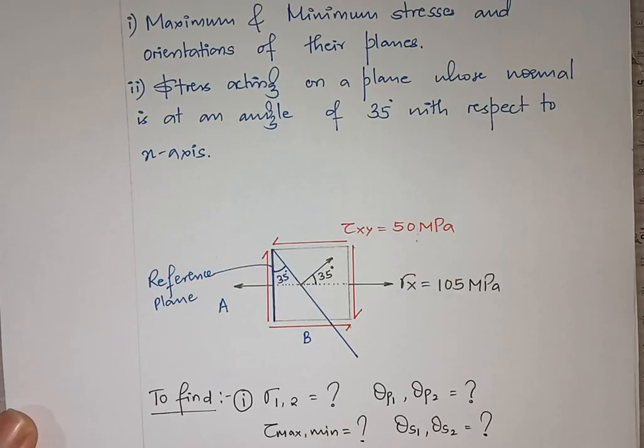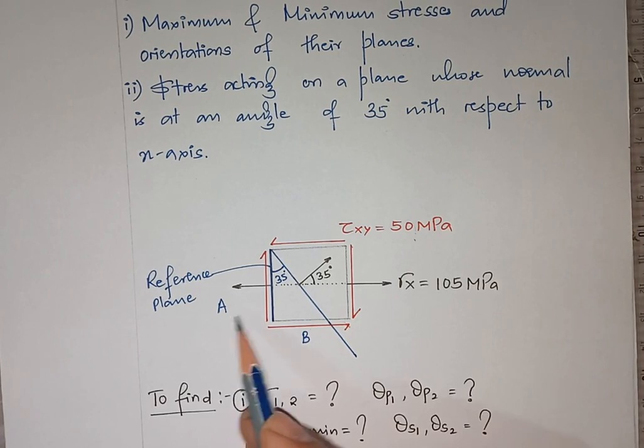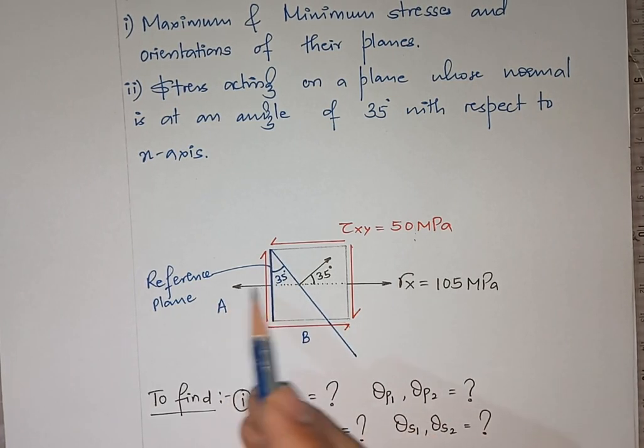So now let me mark the state of stress on plane A and plane B. In order to mark that, I should know what are the coordinates. Let me check out what are the coordinates of this plane, that is this one. Now what is this stress which is acting in this direction?